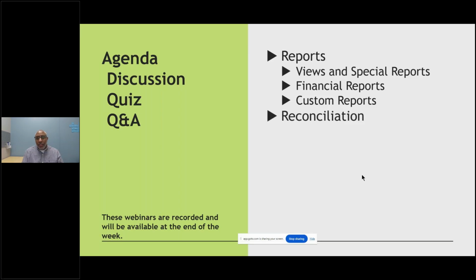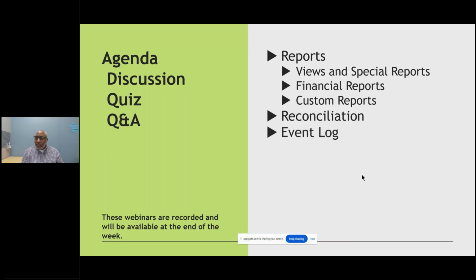Okay, so after we get through reports, we'll jump into the reconciliation. I'll show you how to do a bank account reconciliation. I have a charge account reconciliation set up. It's really basic. It's exactly the same as the bank account reconciliation, but it allows you to reconcile both of them to make sure that all the transactions that are taking place inside the church can be marked as reconciled.